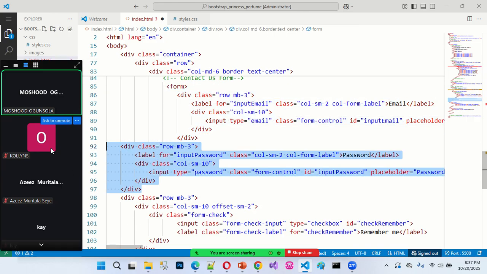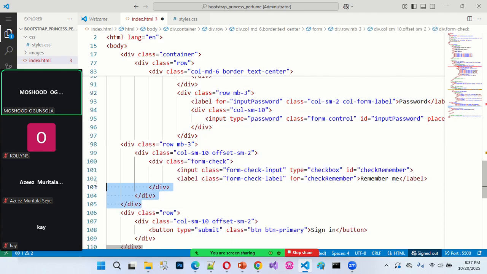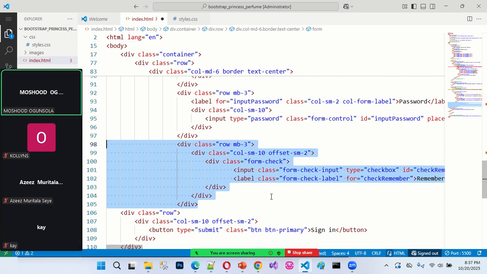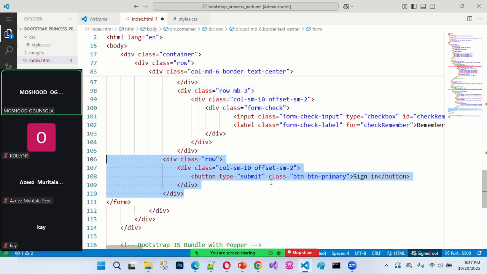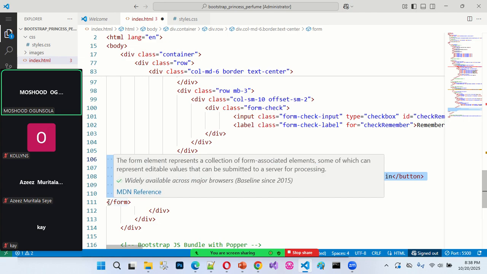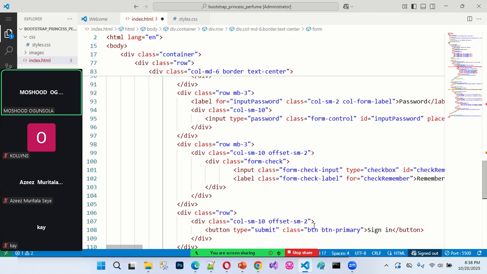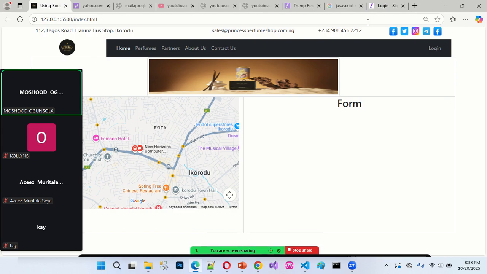And here remains the second row, and here remains the third row. And here is the last row, for the submit button. And the form element itself is here. So I want to change this form to look like the one we have on our contact us. If I look at my contact form here,